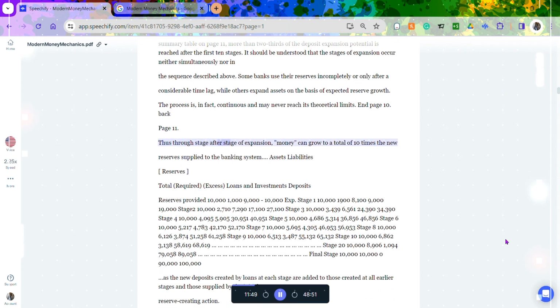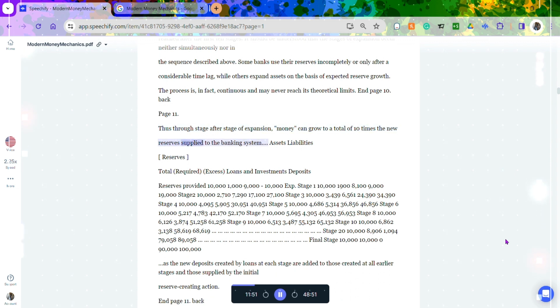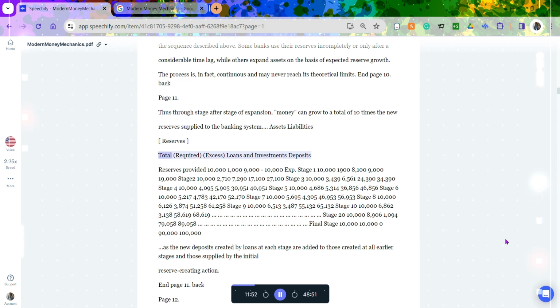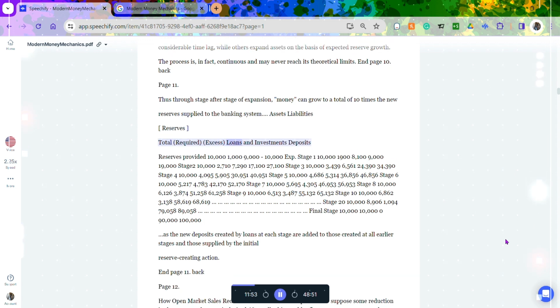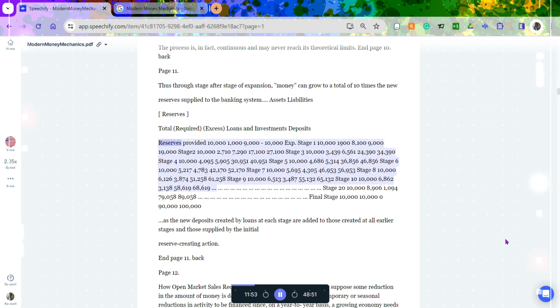Thus through stage after stage of expansion, money can grow to a total of 10 times the new reserves supplied to the banking system. Assets, liabilities. Reserves. Total, required, excess, loans and investments, deposits. Reserves provided 10,000, 1,000, 9,000 to 10,000. Stage 1: 10,000, 1,900, 8,100, 9,000, 19,000. Stage 2: 10,000, 2,710, 7,290,